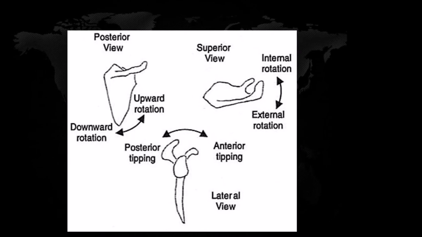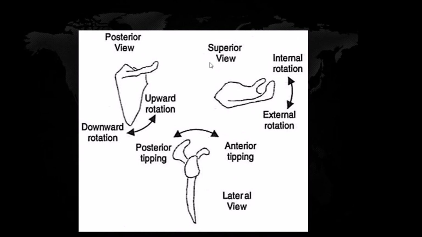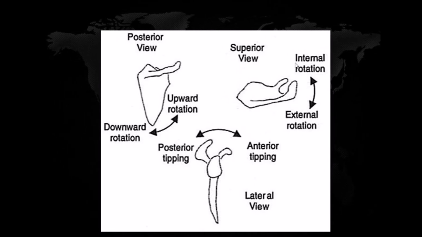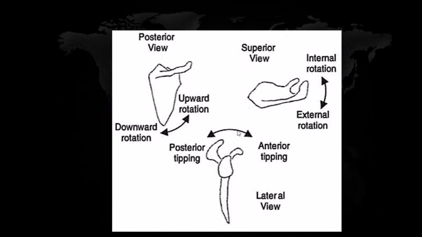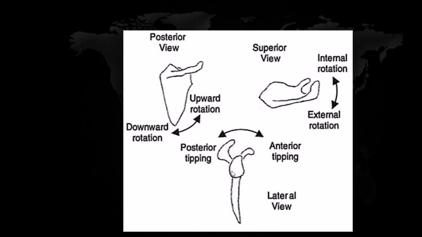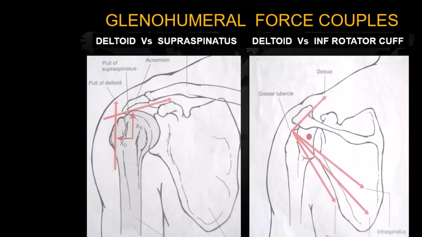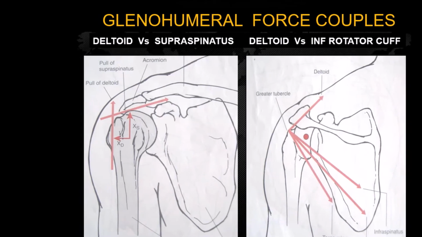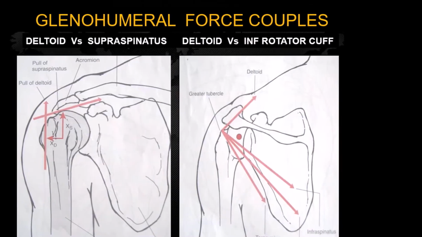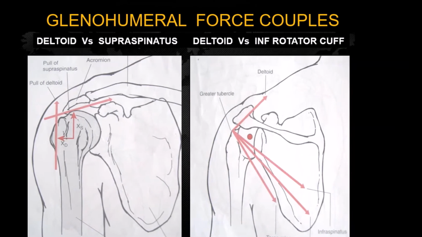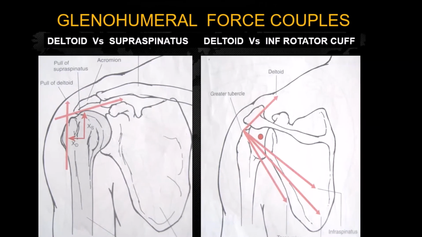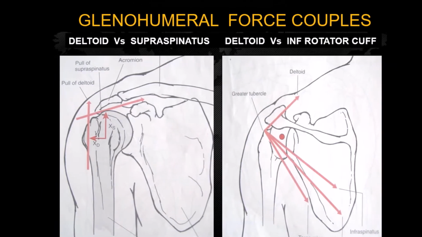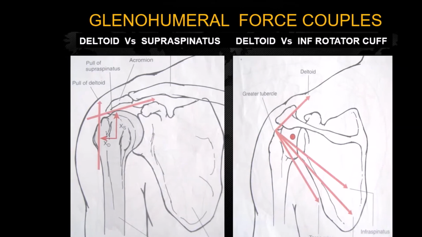These are the movements of the scapula: upward and downward rotation in the posterior view; from the superior view, internal and external rotation; and anterior and posterior tipping in the lateral view. The first force couple is between the deltoid and the supraspinatus. If you resolve the deltoid force vector, you get a translatory force and a rotatory force. The rotatory force helps in abduction of the humerus,